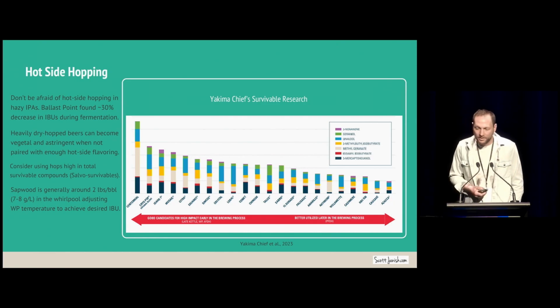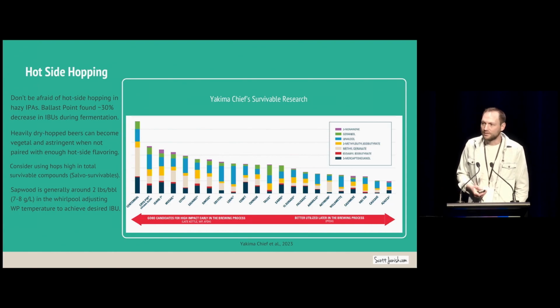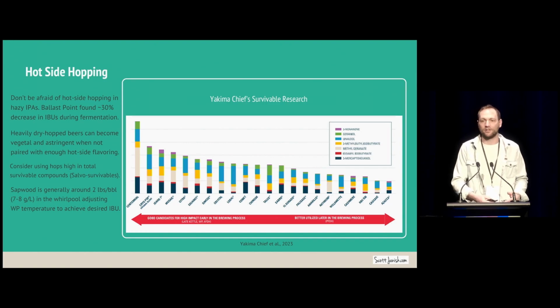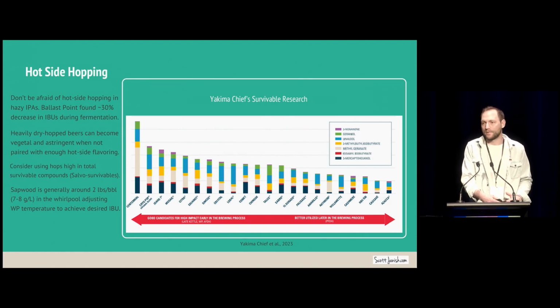And then I like Yakima Chief's survivable research, which I'm sure a lot of you are familiar with at this point. But essentially, it's like working backwards from your final beer. It's like, okay, we have this hoppy beer. What compounds are in it, and what classes of these compounds are in it? And then we look at which hops have a large volume of those classes of compounds. So we know those are important hop compounds that are sticking through the whole process, the boil, the whirlpool,